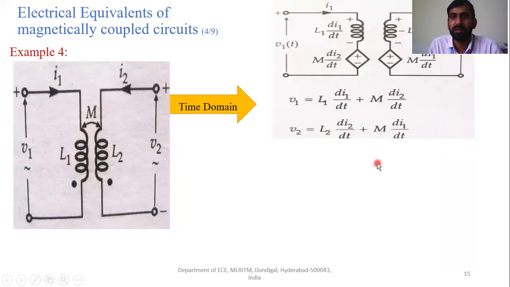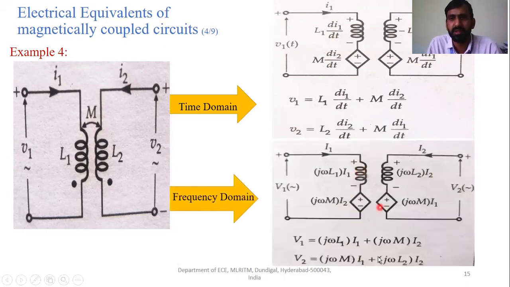So the frequency domain equation is also going to be the same. Why? Because here the mutual inductance M term is positive. You can check the same thing over here. We just multiply the terms in the time domain by j omega, or j 2 pi f. So j omega L1 I1, because the signal is the current I1 here.